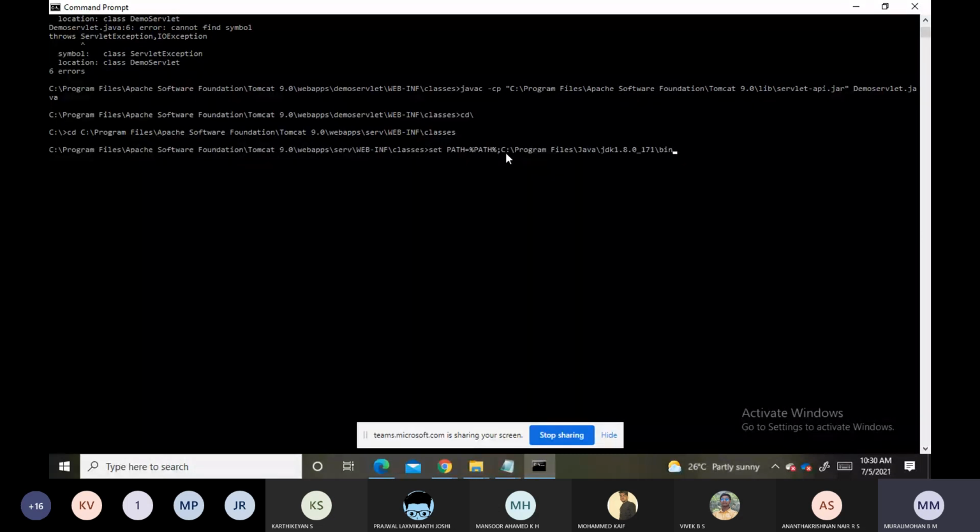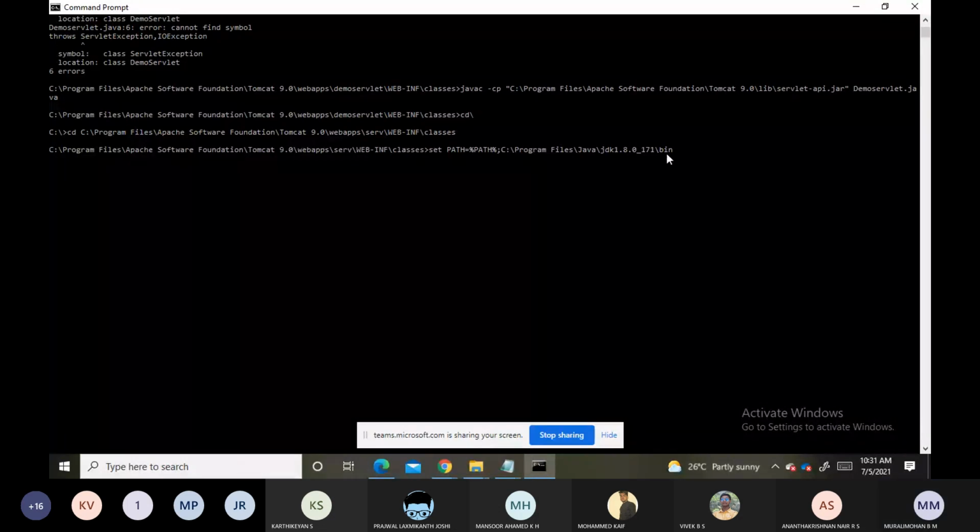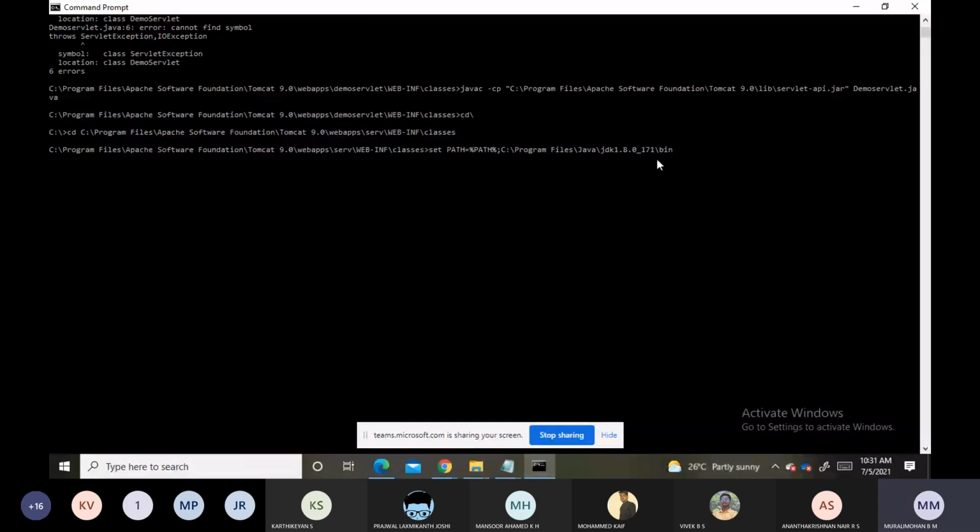C Program Files, Java, JDK 1.8, bin. Inside this bin we are having javac. Once we set this, click on enter. Is it clear?